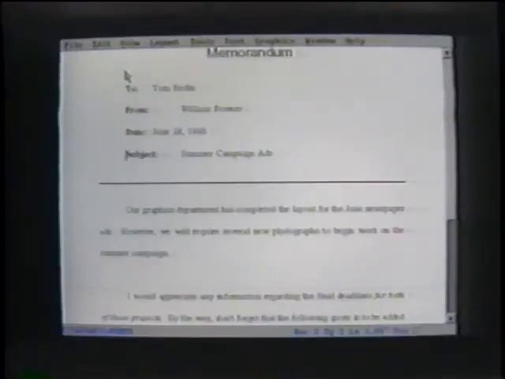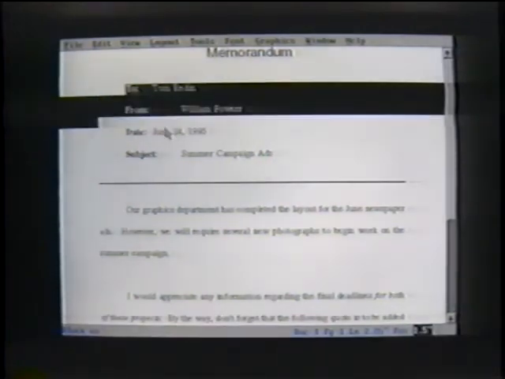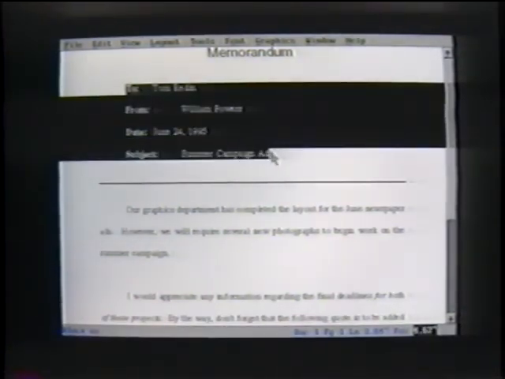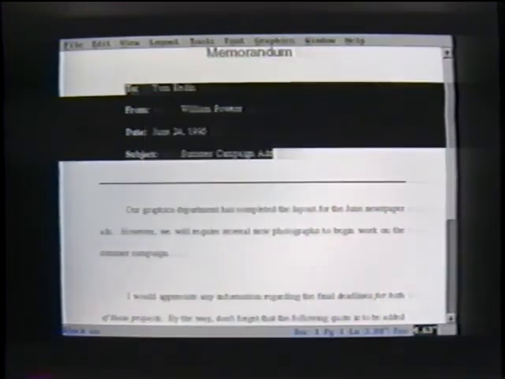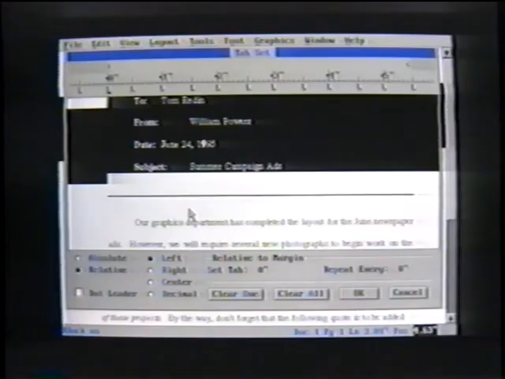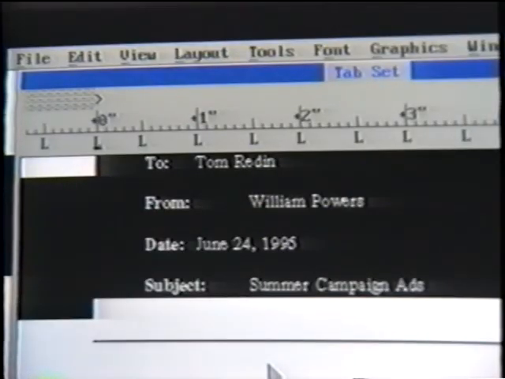For our example, because we only want to change the tab settings for the top portion of our document, we'll first block the text from the word To to the word Ads. Now, select the Tab Set command from the Layout menu. The Tab Set dialog box opens. In the upper half of the dialog box, we can see a ruler running across the top of the selected text. Below the ruler is a row of letter L's, representing a left tab